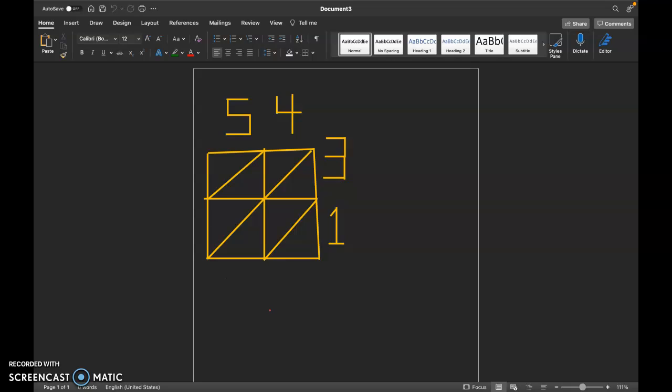So 3 times 4 is 12, right? So you put the 1 here and the 2 here. Then 3 times 5 is 15. Then 4 times 1 is 4, so you put the 0, 4, just so you can fill out that box right here. And then 5 times 1 is 5, so you put a 0, 5, and then you just add